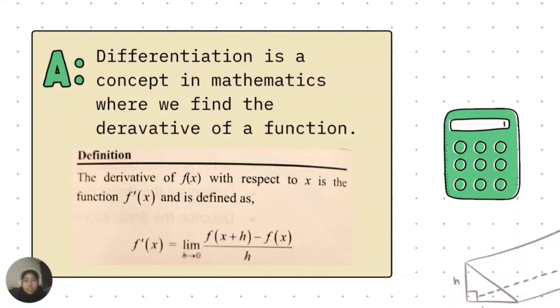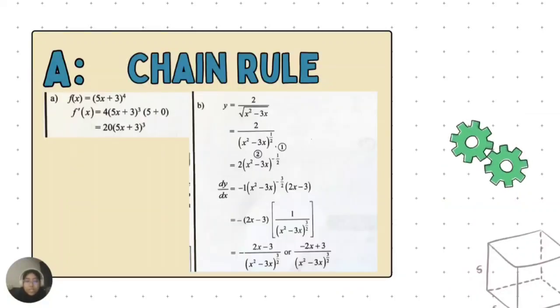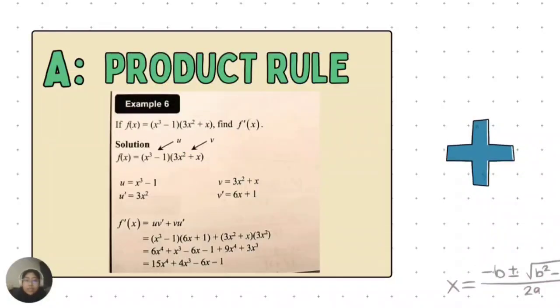Where do we use differentiation? For example, in physics, where we try to find the rate of change of velocity. The first technique is the chain rule, where we use the basic derivatives of functions to find the answer. Secondly, we use the product rule, where we use the formula f'(x) equals uv' plus vu'. We take the u and the v from a given equation and we differentiate